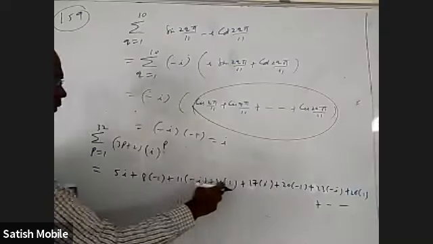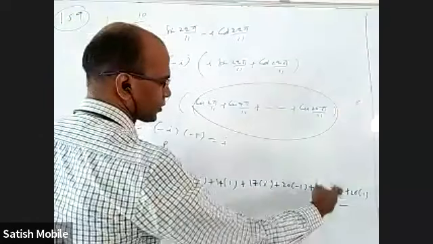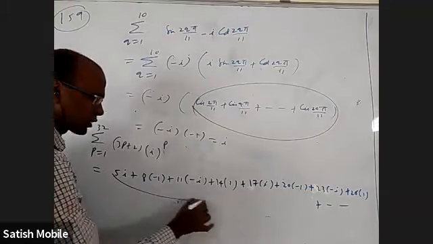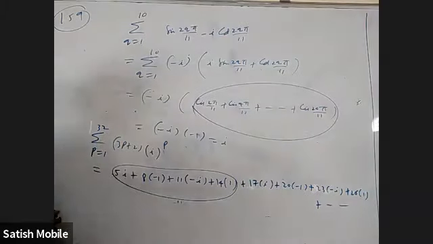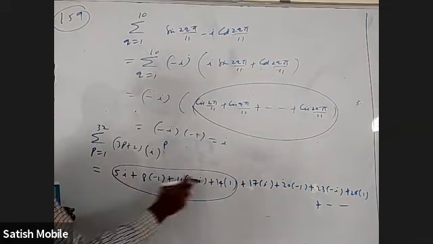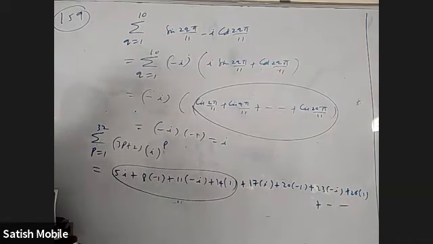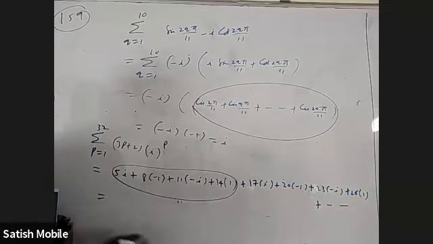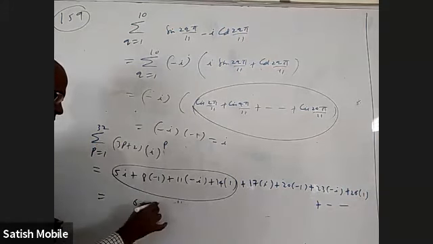This is I square, I cube, I power 4, I power 5, I power 6, I power 7, I power 8. After every 4, it repeats, you know. That is, the first 4 things together, what is the value? We have minus 8 and 14. 14 minus 8 will be 6. And 5i minus 11i will be minus 6i. You will get 6 minus 6i.